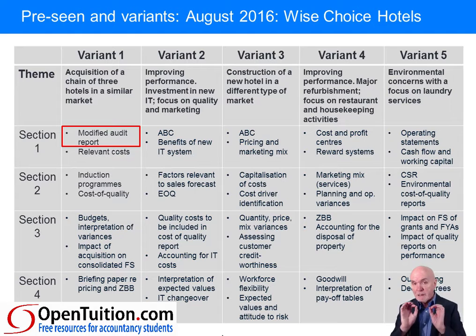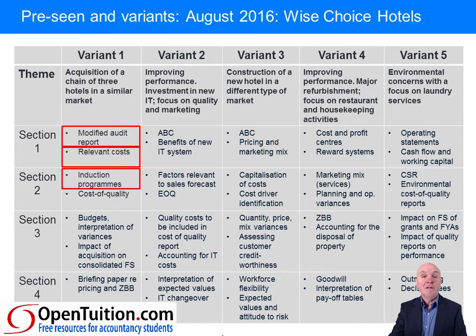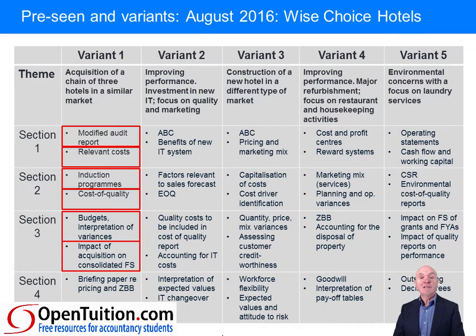So just going down, just to emphasize this great variety here. Modified audit reports were covered, the meaning or interpretation of a modified audit report, a question on relevant costs, induction programs for staff, cost of quality, interpretation of budgets and variances, impact of an acquisition on the group or consolidated financial statements, a briefing paper setting out certain explanations about pricing and zero-based budgeting,